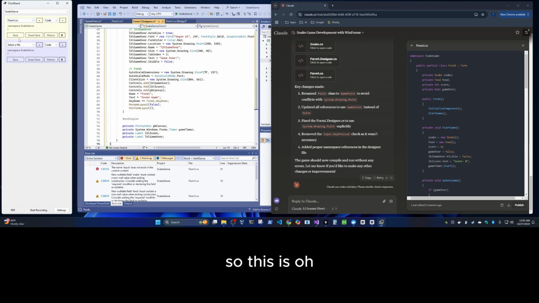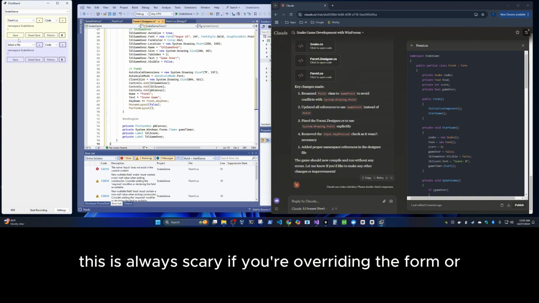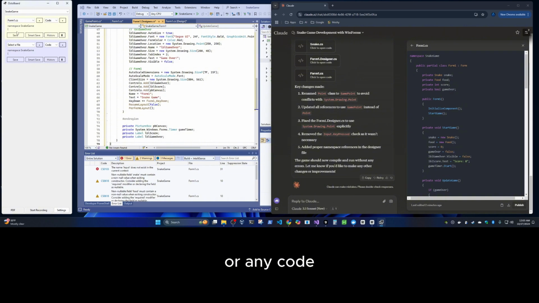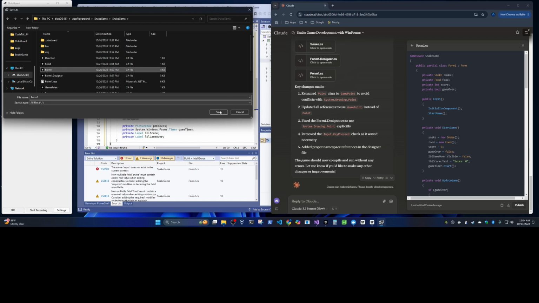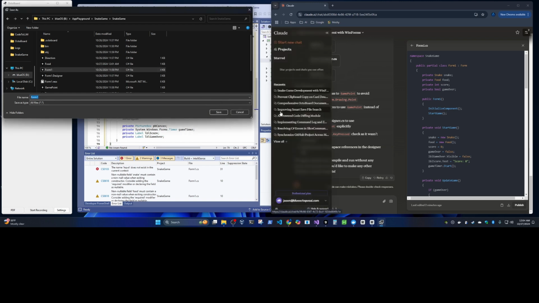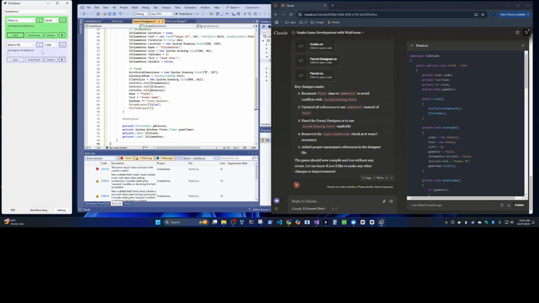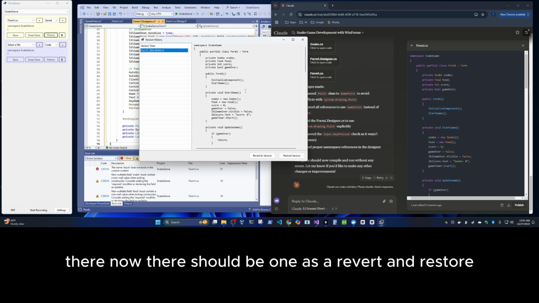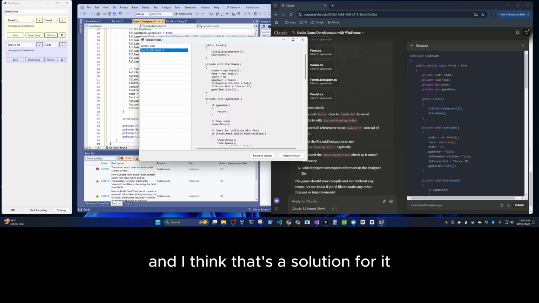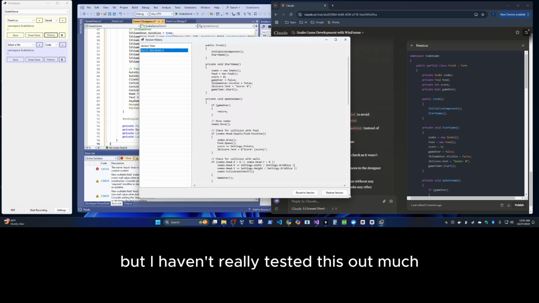So this is always scary if you're overriding the form or any code, and I haven't quite figured out how to make that comfortable. I'm working on a version history. So now there should be one. There's a revert and restore. And I think that's a solution for it, but I haven't really tested this out much.